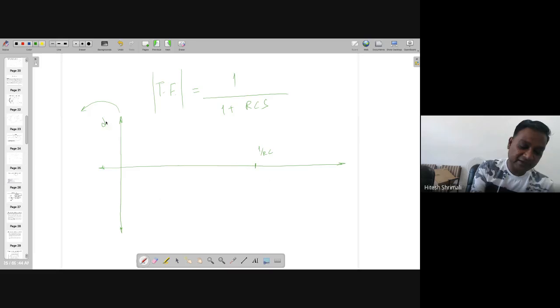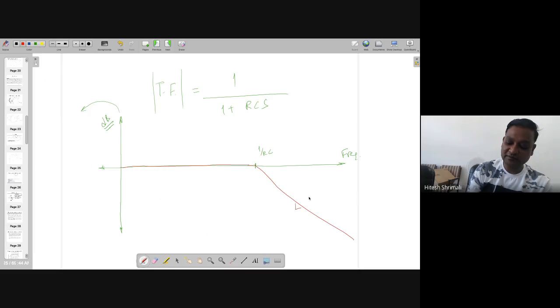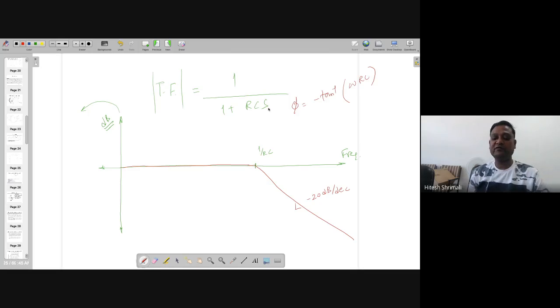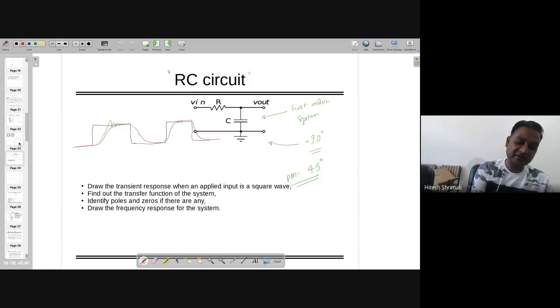So this is in dB with respect to frequency. So the frequency response will be like this with minus 20 dB per decade. Right? This is only one pole, so phase is equal to minus tan inverse omega RC. Right? So you have to replace Laplace operator with j omega, and you will find out this one. So the phase is going from 0 to minus 90 degree, and that is what I have written here,